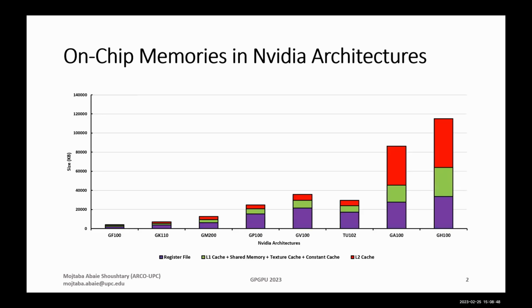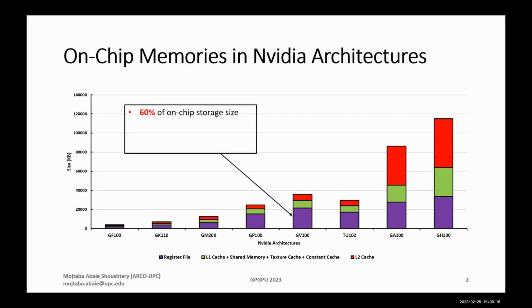So the GPU register file has always been one of the main challenging memory components on the chip. This graph shows the size of each on-chip storage in different generations of NVIDIA architecture. You can see that in all the generations, the GPU register file has always been one of the biggest components in the chip, and the size has been growing. Not only that,